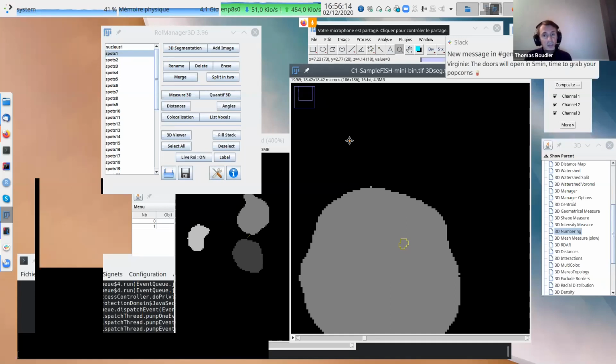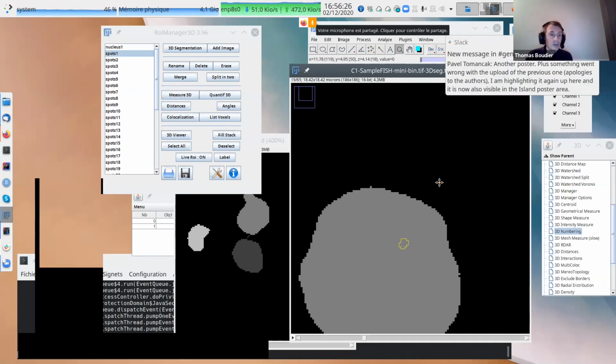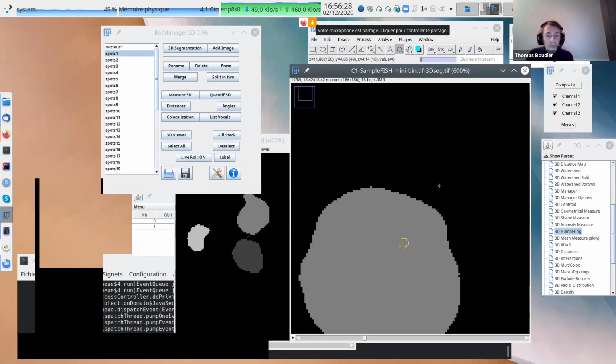To distinguish this, we need to do some colocalization to see if colocalization is 100%, which means this object is within this object. If the object is outside, colocalization will be 0. So sometimes we need both the distance and the colocalization to see first if the object is inside another object, and second if it's touching the border.